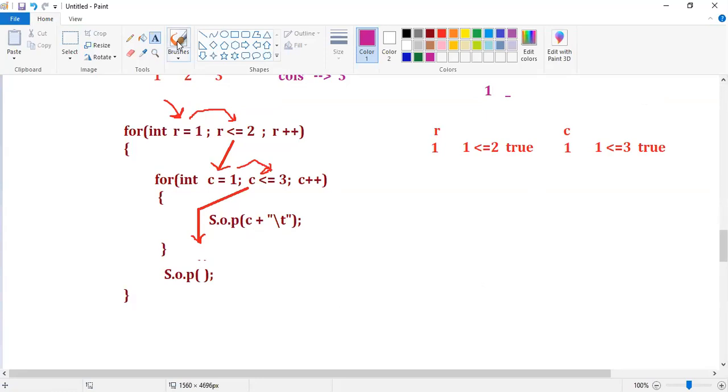After this, control goes back to column plus plus, not row plus plus.